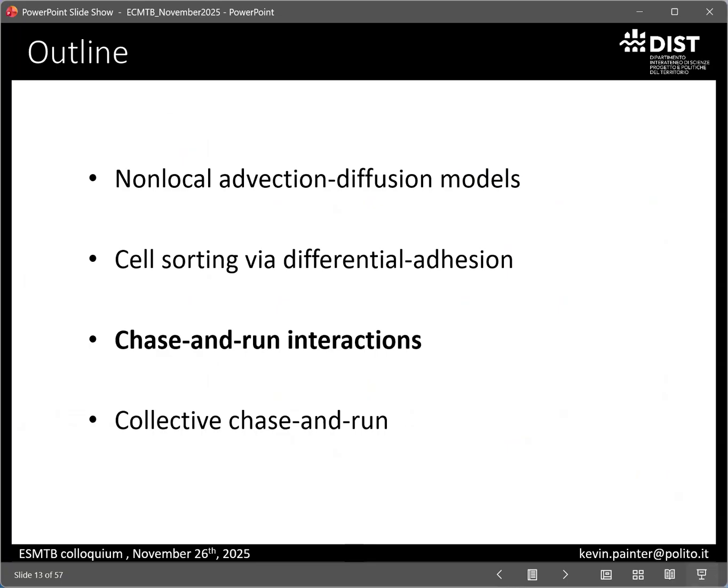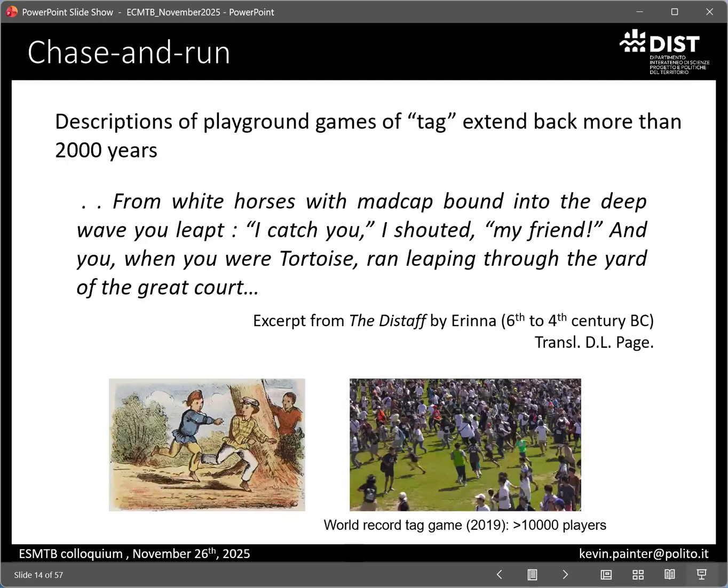So what do I mean by chase and run? Well, chase and run is something that we all know from playing in the playground ourselves as kids. This is something that goes back over thousands of years. It's possibly even to very, very early human populations. And there's a